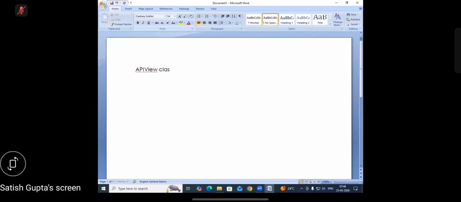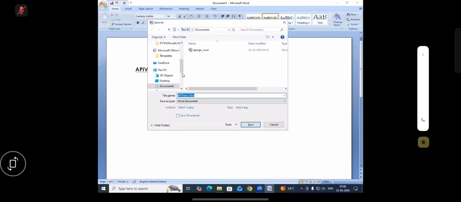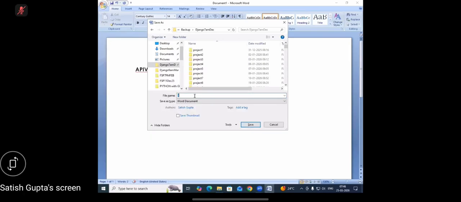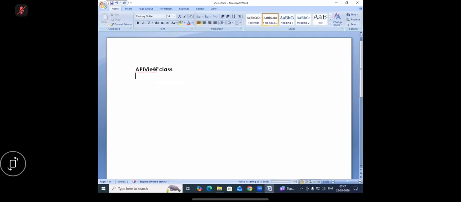API view class. It means you can develop an API or endpoints by using classes. What you can do is develop API views by using classes. So this is the API view class. The endpoints or APIs can be developed